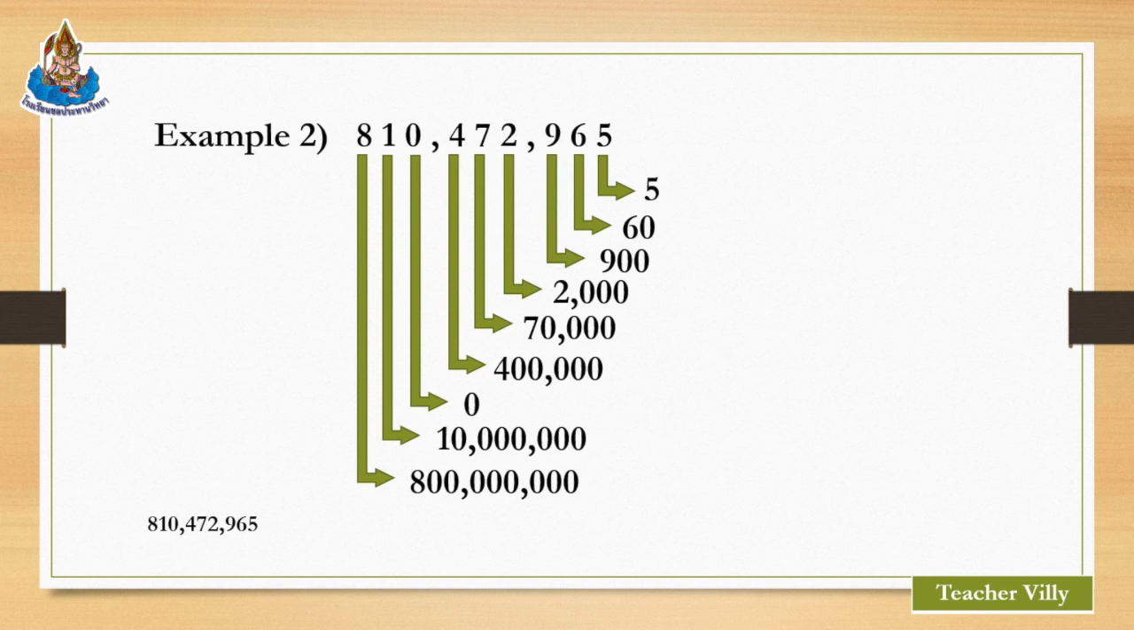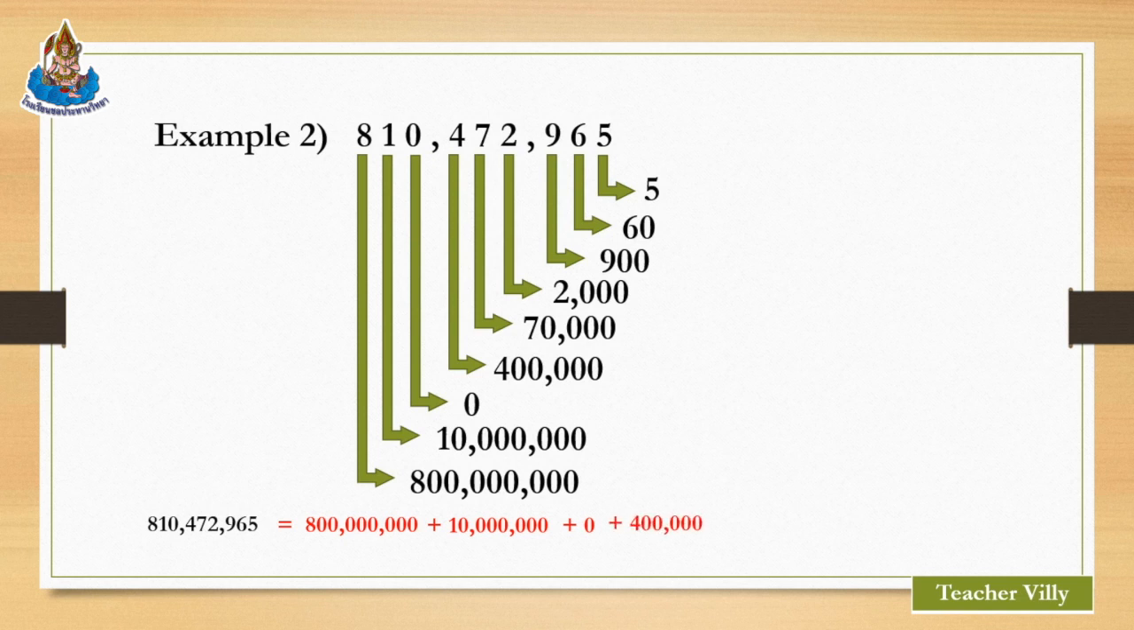810,472,965 in expanded form. So the number can be written in expanded form as. So we have to take the value of its digits from left to right. Ready? Here we go. We have 800 million plus 10 million plus 0